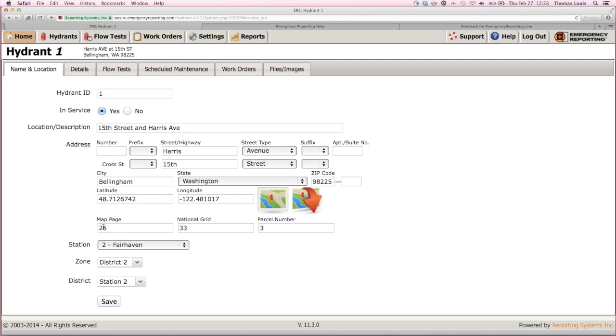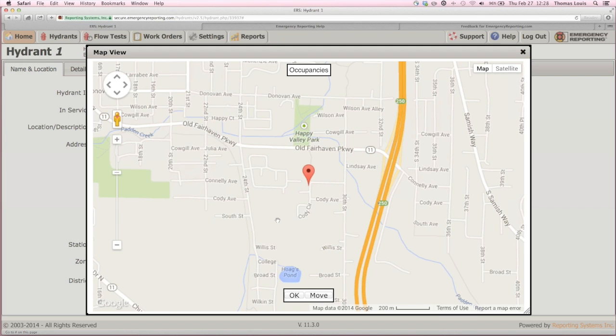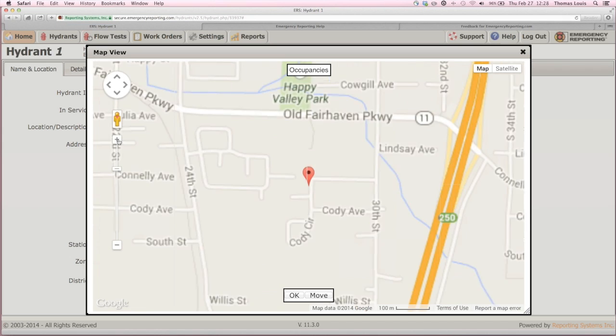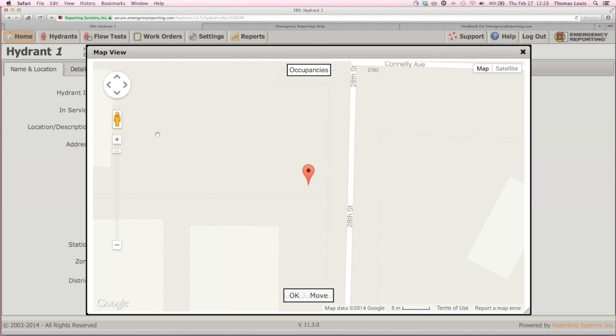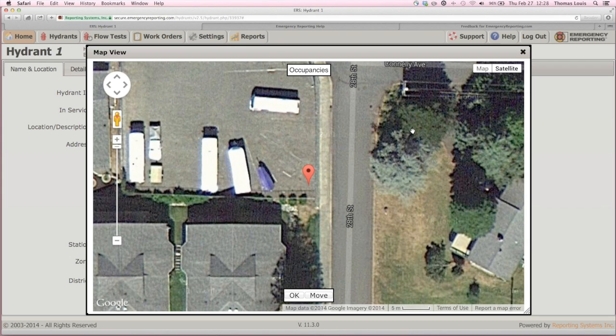And then if you want to enter it onto map page, grid and parcel numbers, it could do that. Assign a station to it, zone and district. Let's take a quick peek on how it appears on the map. And what it allows me to do here, I know you've all worked in Google Maps, I can zoom in. Viewing it in map view, I can also view it in satellite view. And what this allows me to do,